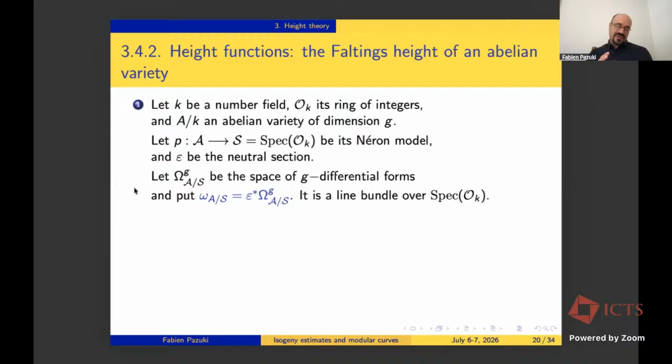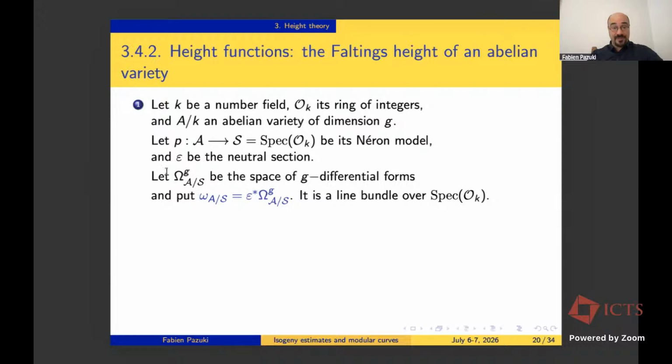And then we take a look at the determinant of what the differential forms generate as a vector space. And the determinant here, I mean, the determinant of the base will give you some volume. Now, this volume, as often when you take a determinant, will be independent of the choice of the base. That's a little bit behind the idea here. Okay, well, we defined now a line bundle over spec OK by just pulling back